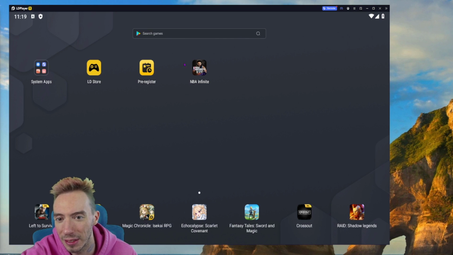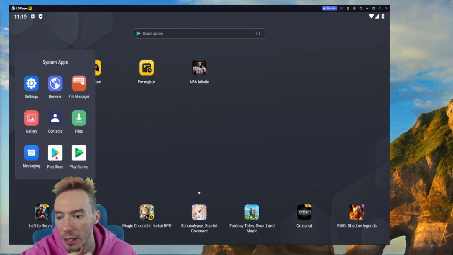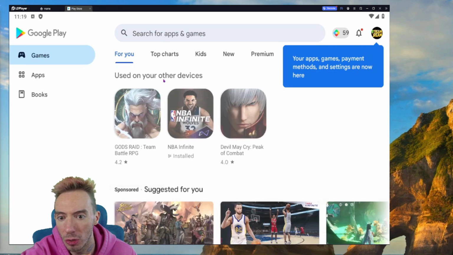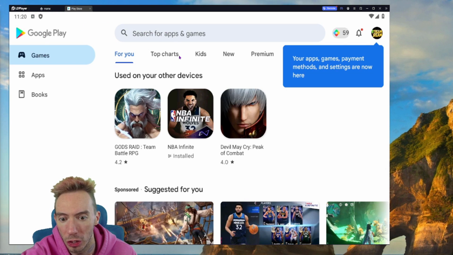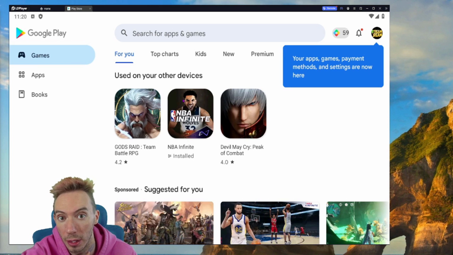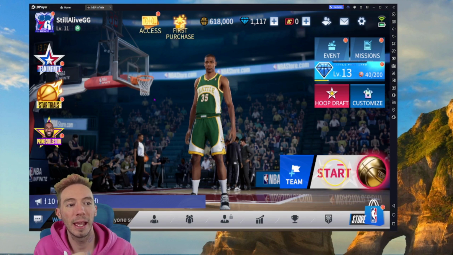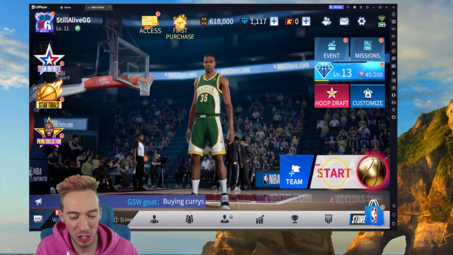The other way to access the store is to click where it says system apps, then go to the bottom where it says Play Store, and go ahead and sign into your Google Play. This way, if you're having trouble through the actual LD store, you can just search up the game, download, and install. All right, now once we are in game, we've got a lot of customization to do